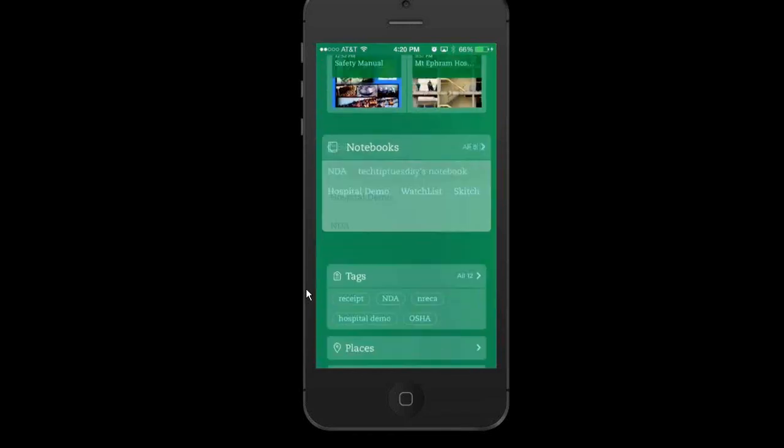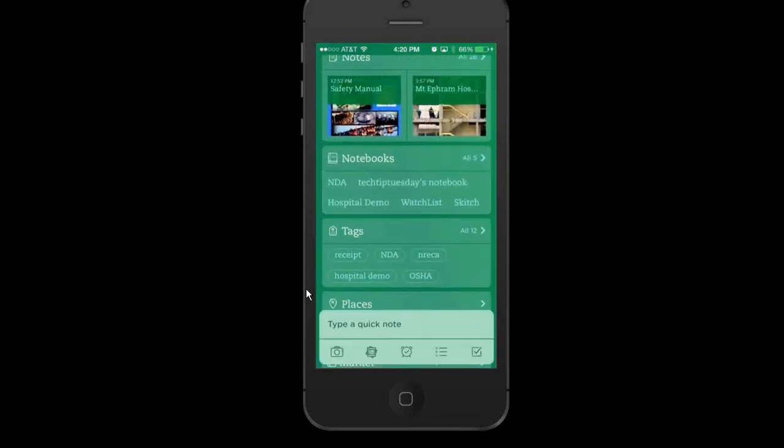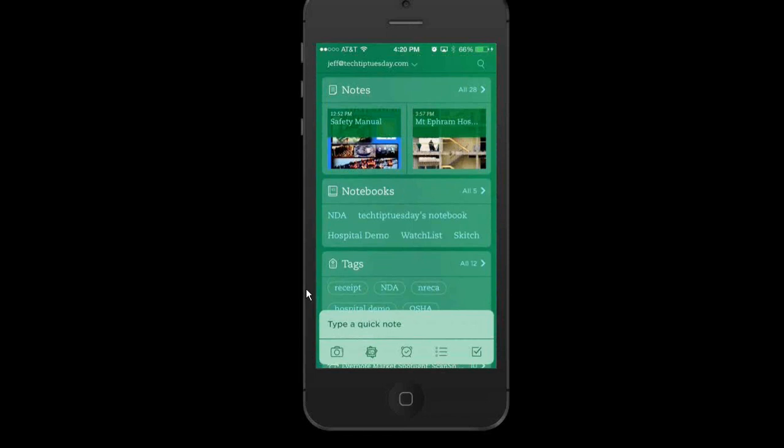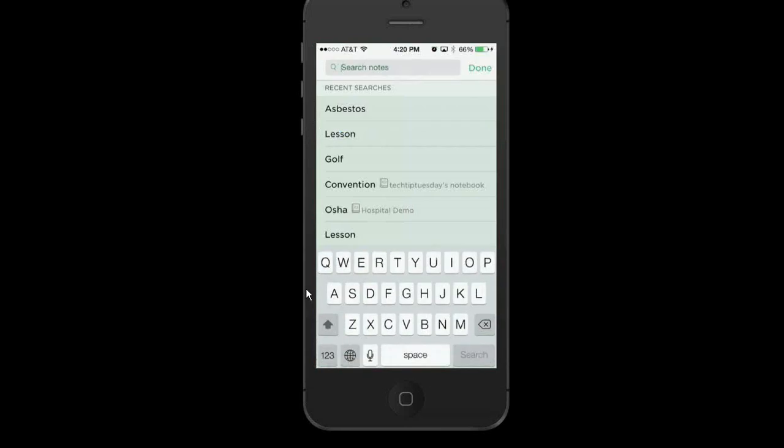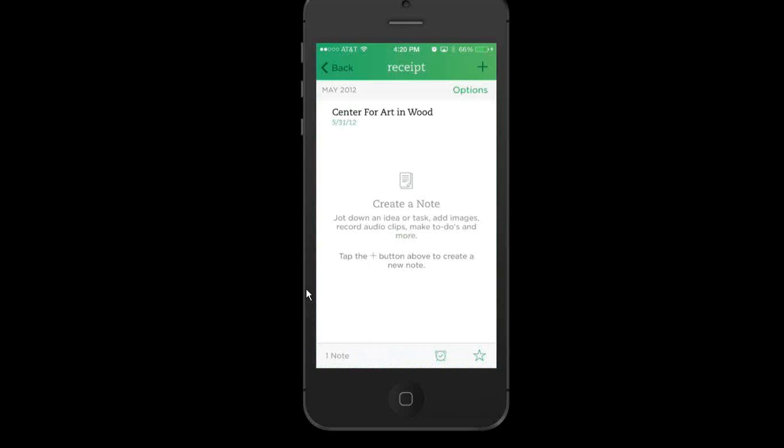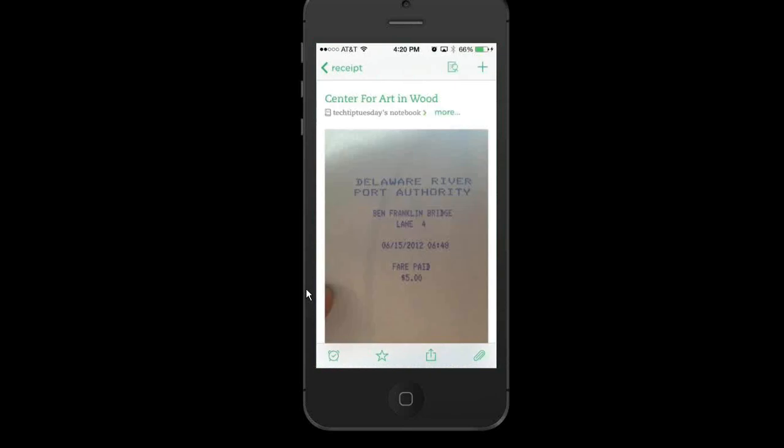One of the last features we'll talk about, going back to Evernote here, is its ability to do something called OCR, or optical character recognition. As I mentioned, I like to use it for expense reports, for looking for receipts. But in Evernote, it doesn't necessarily just have to be written text that this can search for. It can also search for text that's taken from a photo.